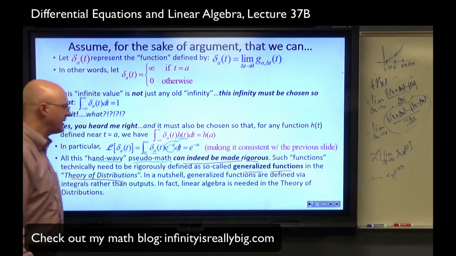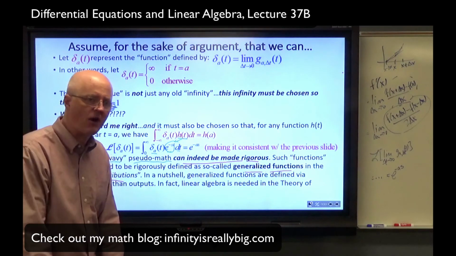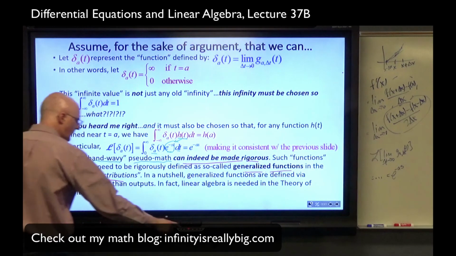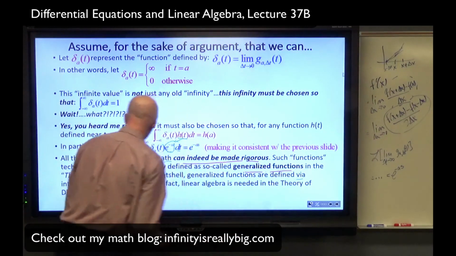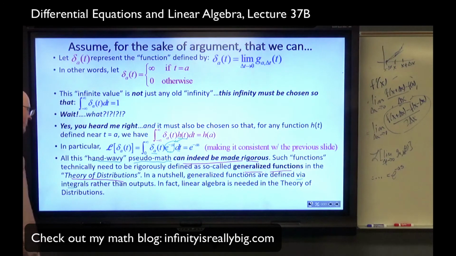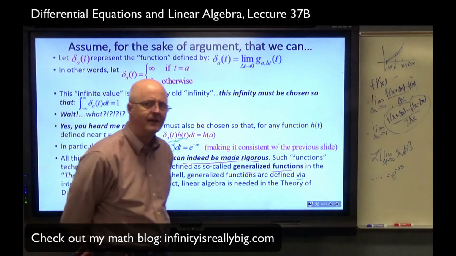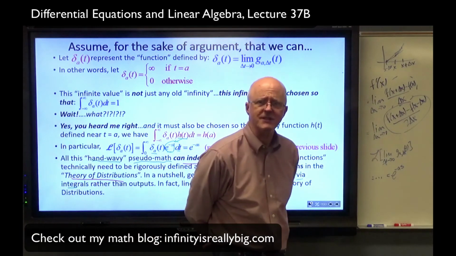In a nutshell, if I had to describe what generalized functions are in one sentence, I would say generalized functions are defined via integrals. They're rigorously defined via integrals rather than outputs. And in fact, linear algebra is still needed here. They're actually linear transformations